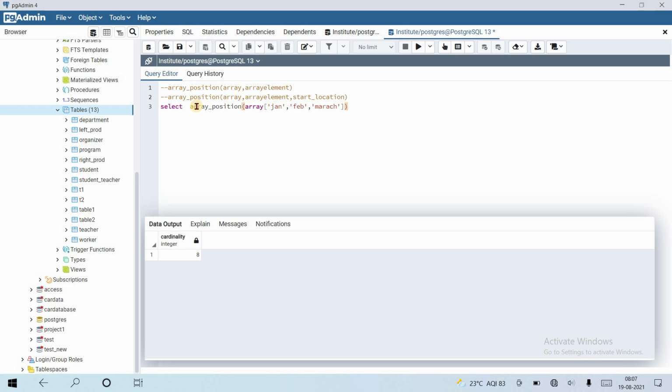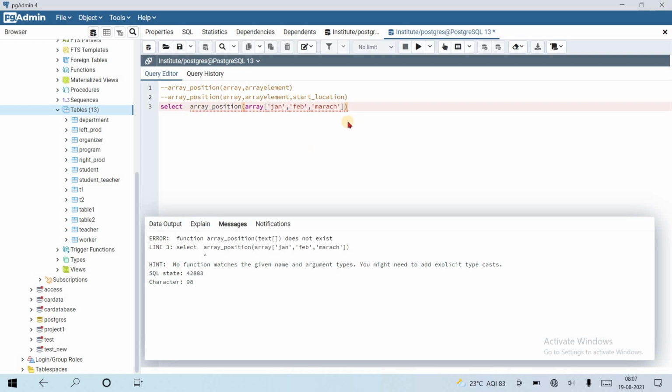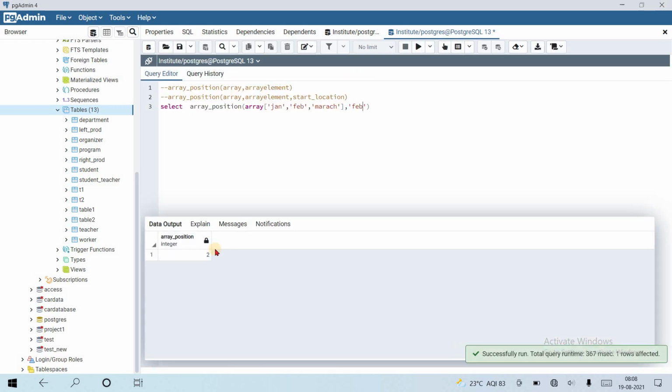If I run it like this, it will give me an error because the function does not exist. If I pass a second parameter, the array element, suppose February from this array, let's see what happens. It will return 2.